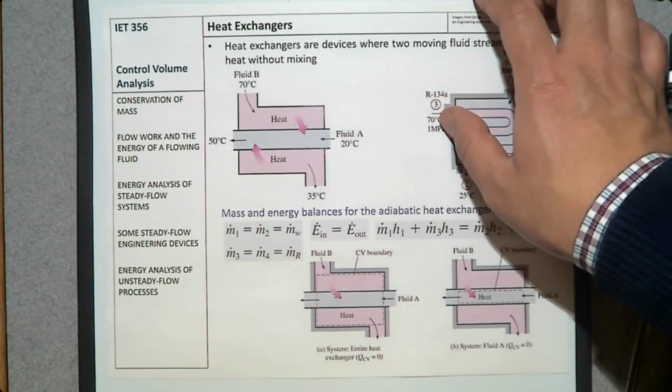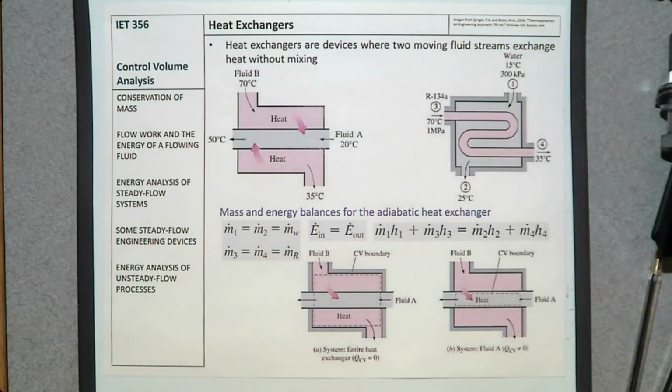Heat exchangers are widely used in our real life. Do we have a heat exchanger here? Yes. 1, 2, 3, many. Name one. AC unit. It has a heat exchanger. Why? What is the working fluid of an AC unit? Air? No, refrigerant. So refrigerant is flowing between the outside of the building and inside of the building, and they